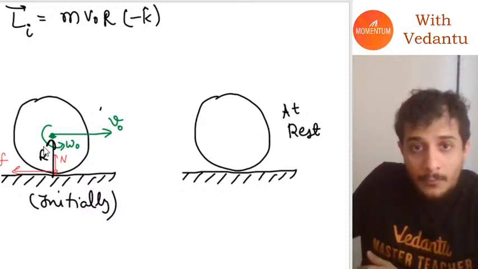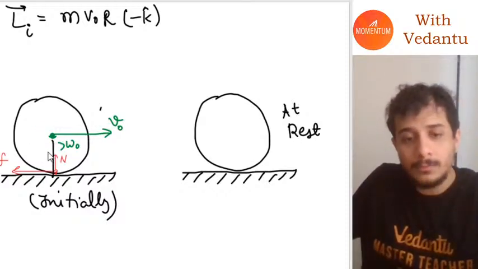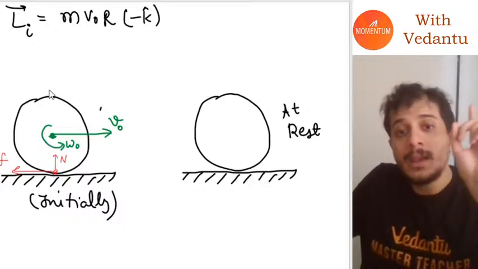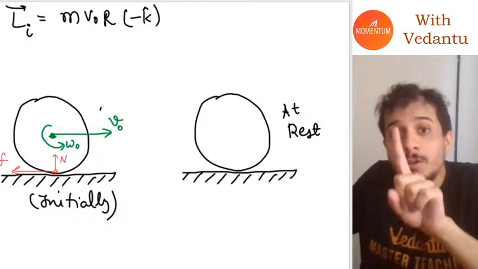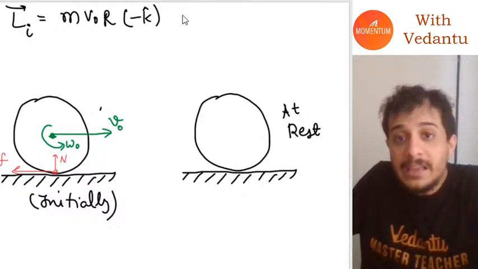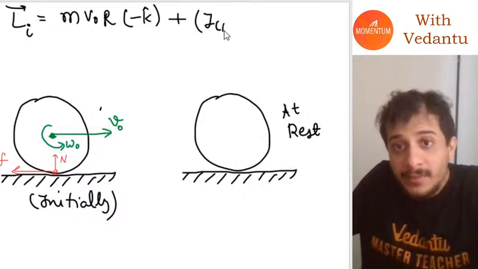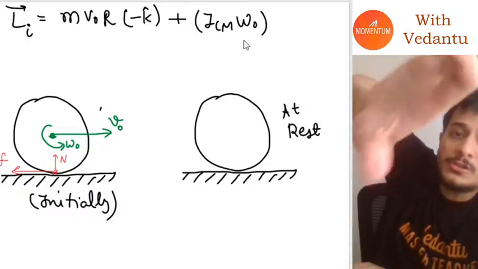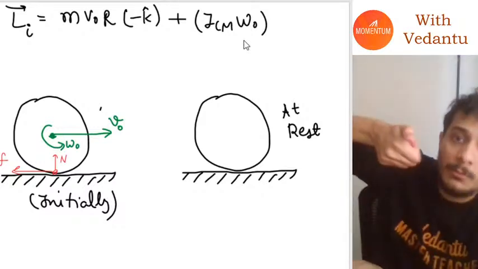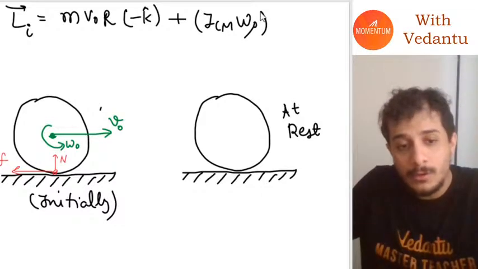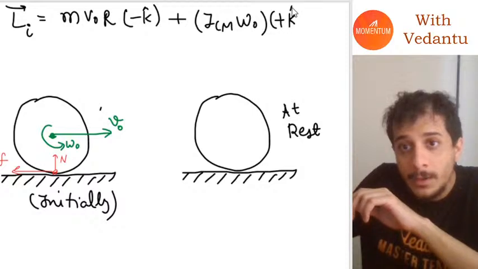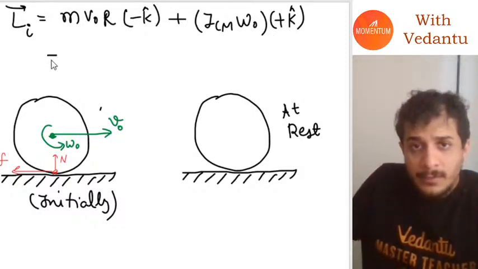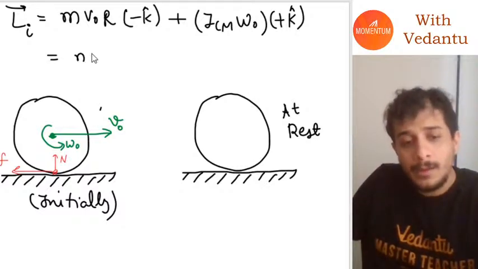And finally guys, because of the rotation, I can write plus I_CM into omega naught. Now, omega naught is rotating anti-clockwise. So, its angular momentum will be in which direction? The rotational angular momentum will be in the plus k cap direction. Now if I write this properly, this will just be equal to minus m v naught r,